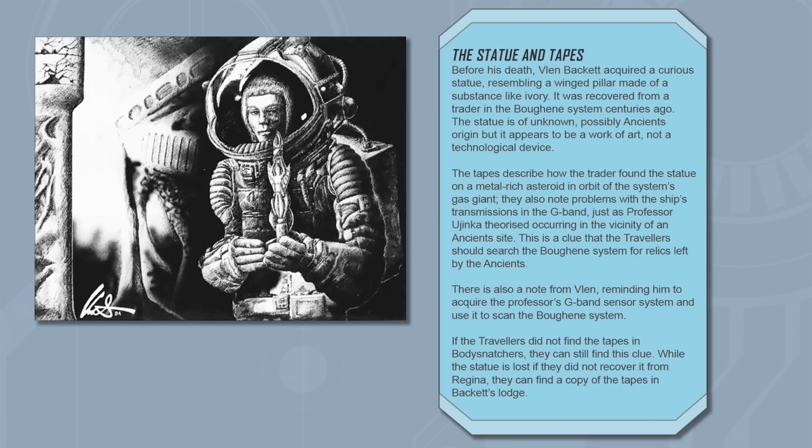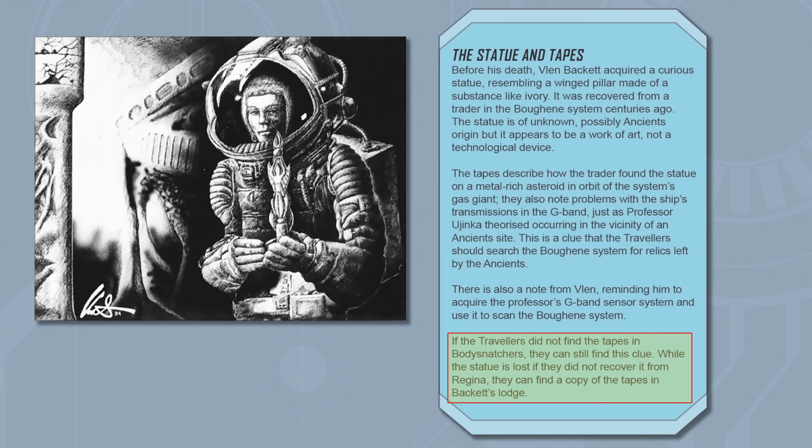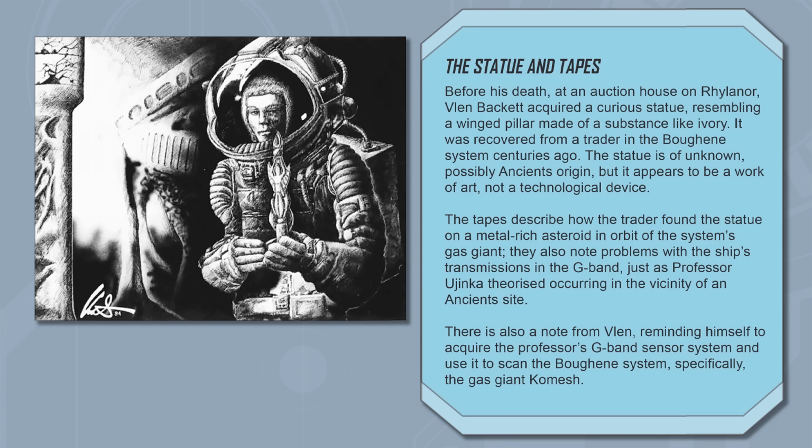So if they miss them in Chapter 1, no big deal, they can find them later on. Now, the module mentions this, but the important information that I want to give my players as a handout so they can reference this, possibly weeks or months later as we're playing this. So I reworked this note from Chapter 2 into a handout, removing the reference of the note, but also adding some information such as the auction on Rylanor and the note of the gas giant Komesh, which, once again, any handouts that I made, you can find a link in the video description below if you want to use those